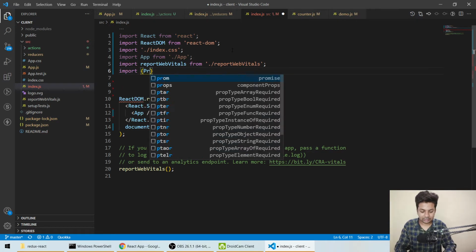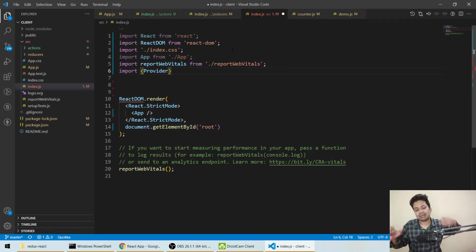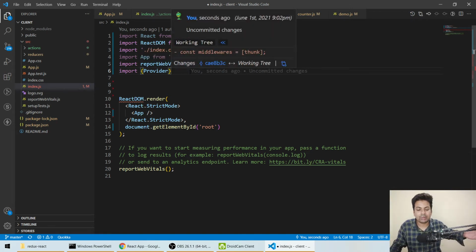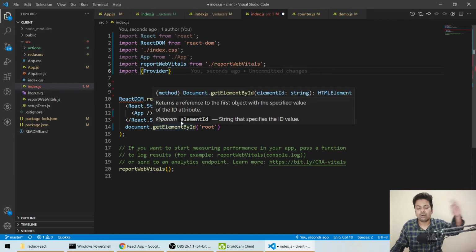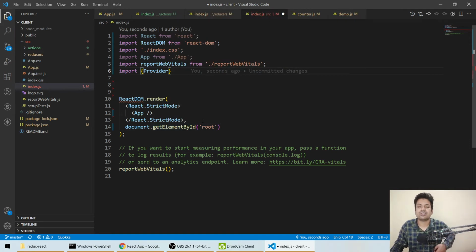Provider. Provider is like we are providing the store values to each page. You have to do this thing only once, so just do as is given by React or Redux, copy it as it is and paste it here. You don't have to think so much about what's going on here.